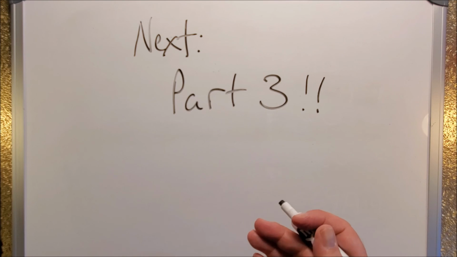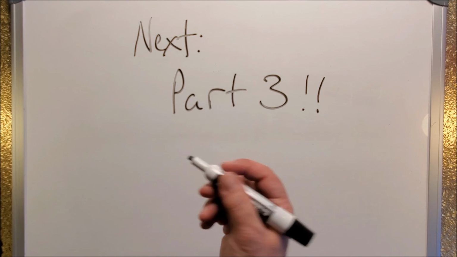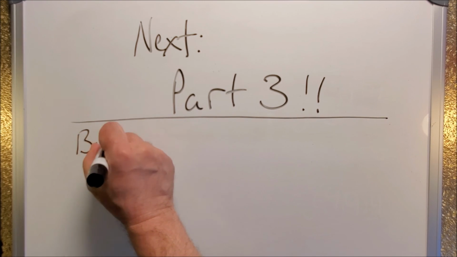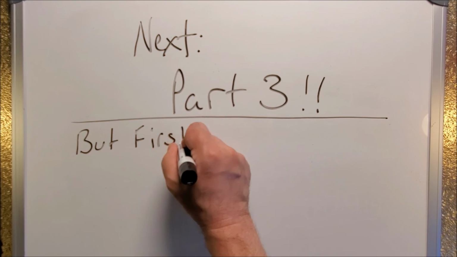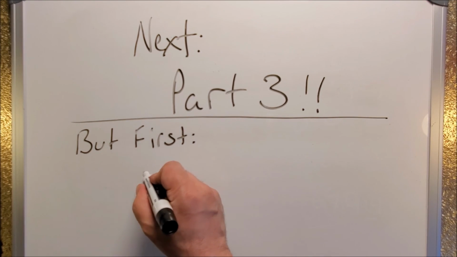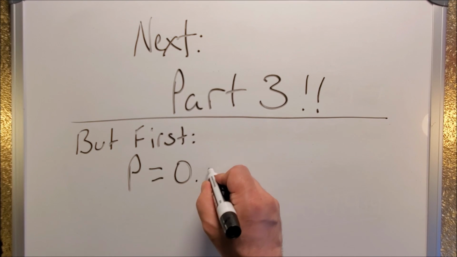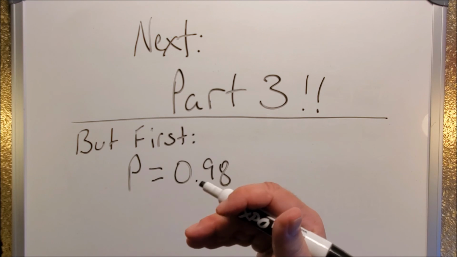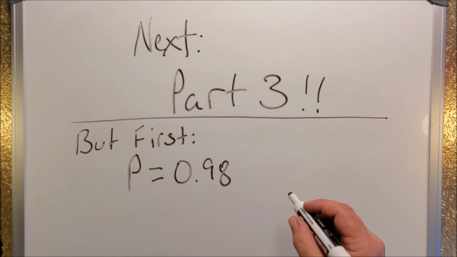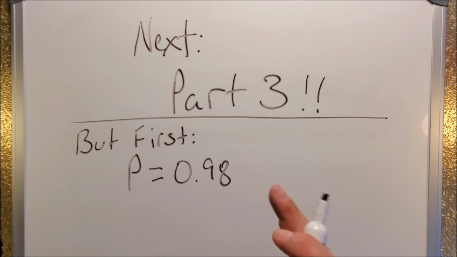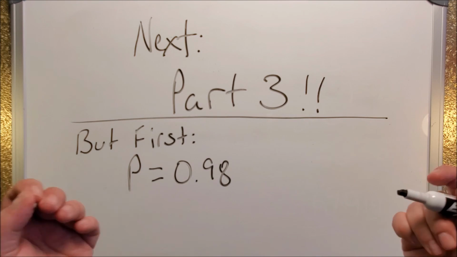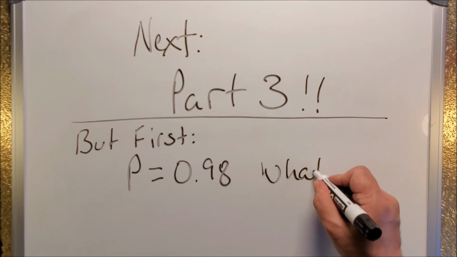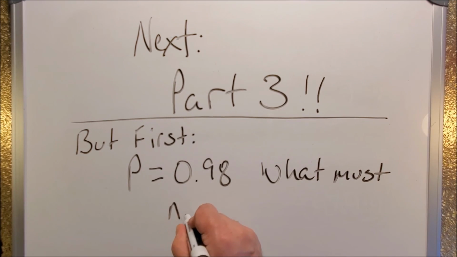If you understood the math that we used to describe the sampling distributions, then this should be no problem for you. Let's imagine a population whose p is 0.98. 98% of this population engages in something or belongs to some category. We want to do a study of them, and we want a sample size sufficient so that we can operate within a framework of normality in our sampling distribution. So I want you to tell me, what must n be